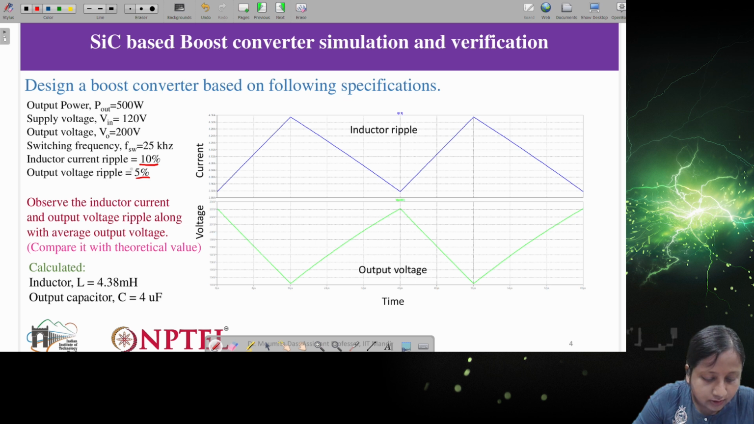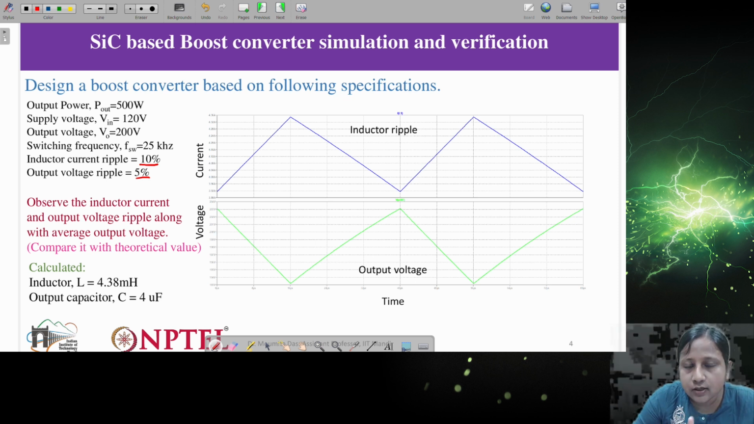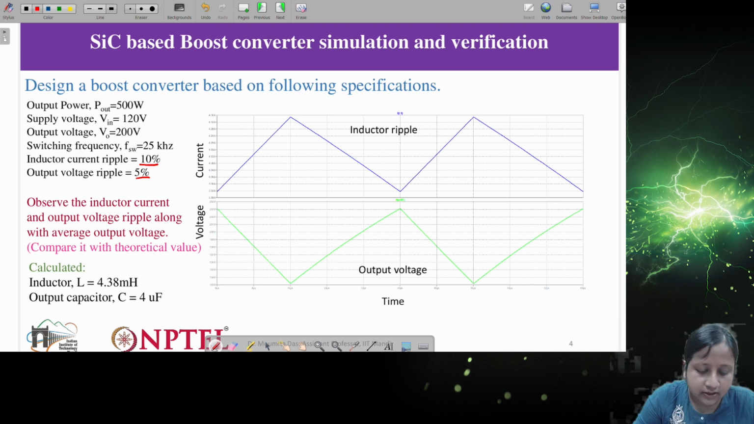If you want to reduce this 5%, then the capacitor size will increase. Now you can reduce the values of the inductor and the capacitor by increasing this ripple. Again, this is up to you how much you want to keep for your converter, and this is based on the designer. So this ripple can be variable as much, it will not create any difference in the circuit performance. Okay,